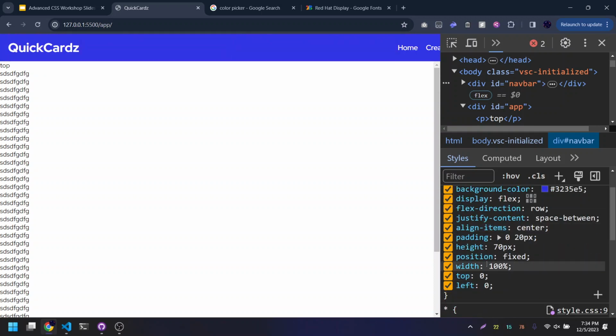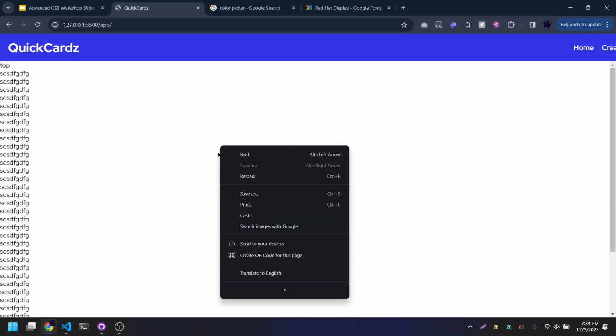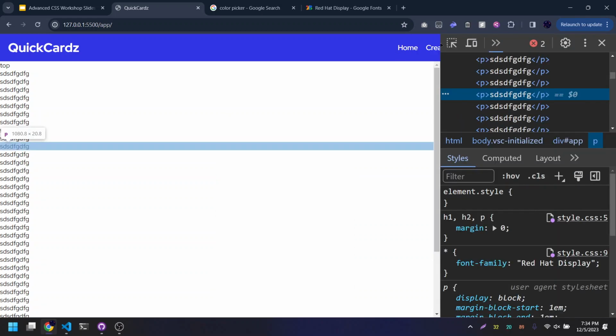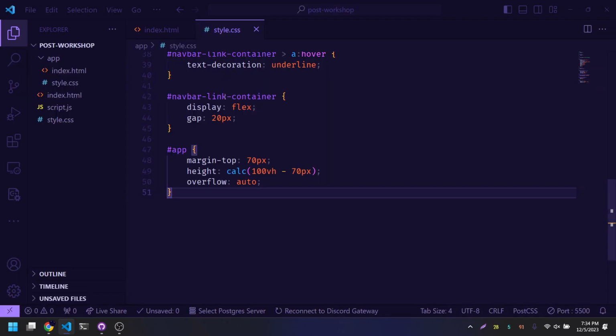Trying to figure out why this width is screwed up, but it should look fine on your computer. It's just not working on mine. That's okay for now. Next thing we've got to do is